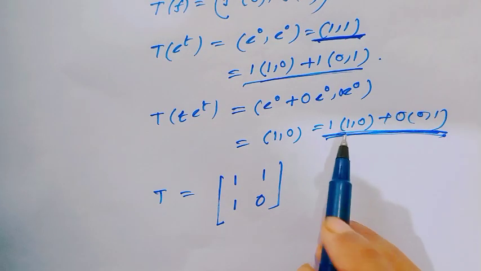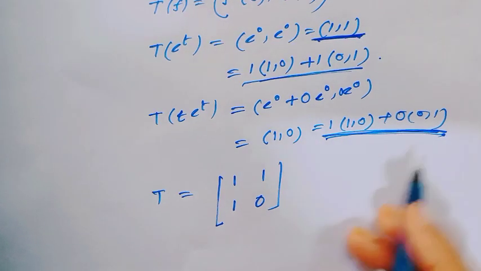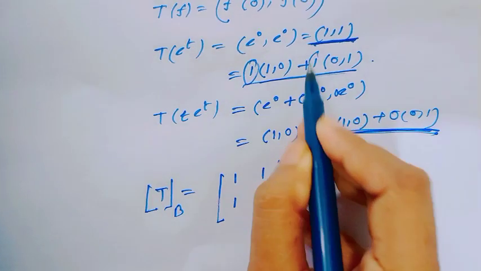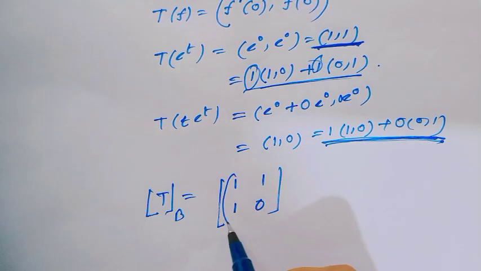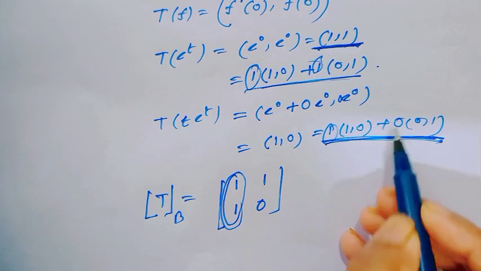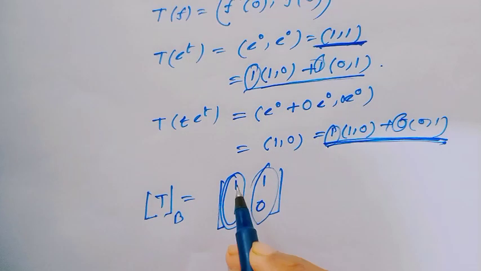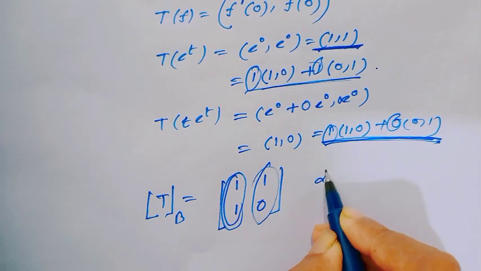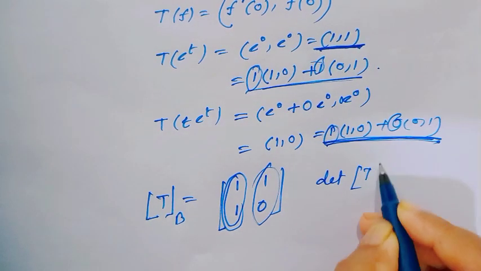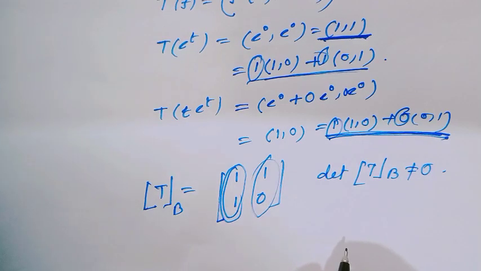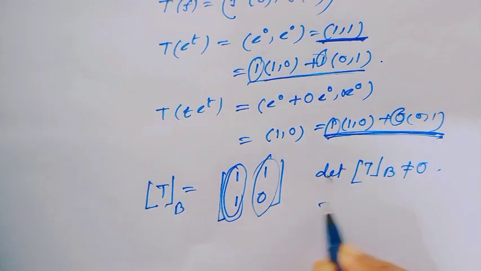With respect to this standard basis, the matrix representation has (1, 1) as the first column and (1, 0) as the second column. And since the determinant of T is not equal to 0, that implies the linear transformation is